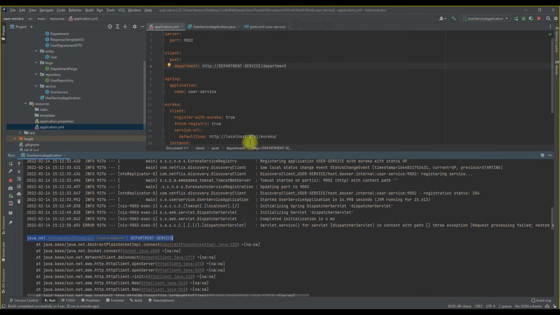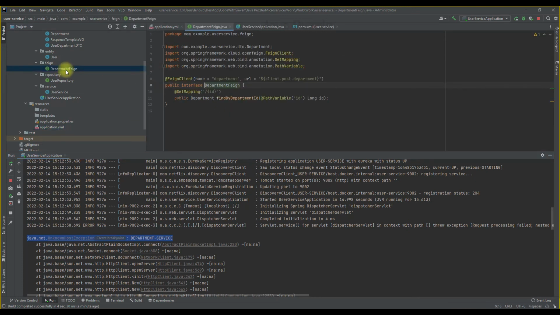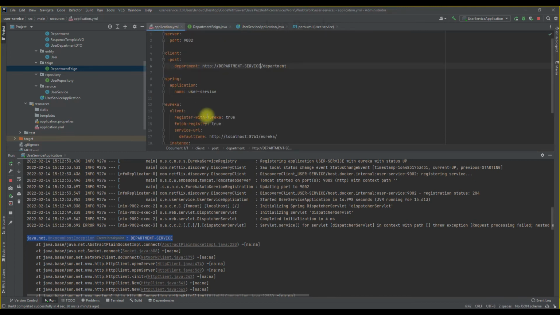Okay, so for this, what we have to do in our Feign client, we don't need this URL now. Okay, we don't need this thing. We just comment this. Okay, I'm not commenting this one, I'm not using it only.